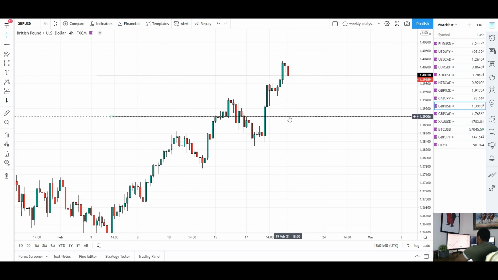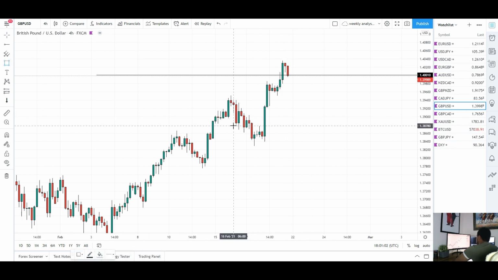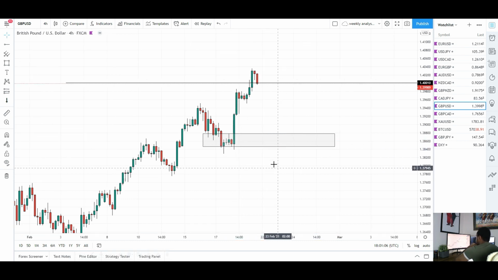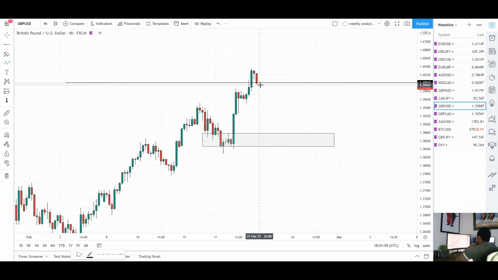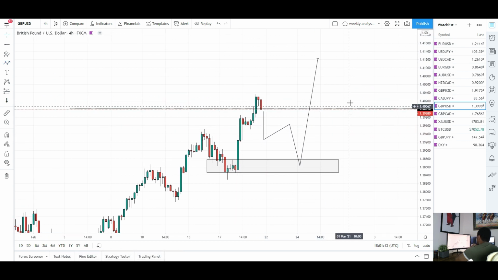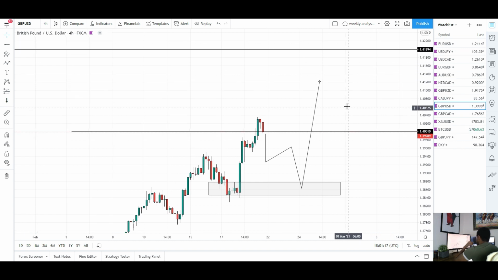We might even see a move back into this level here and have a bit of a deeper retracement. So a really key level of support where we saw a lot of momentum to the upside. So could see a bit of a deeper retrace, maybe back into that level, and then from there could see further continuation, and next target will probably be 1.41 or maybe even that 1.42 from a monthly time